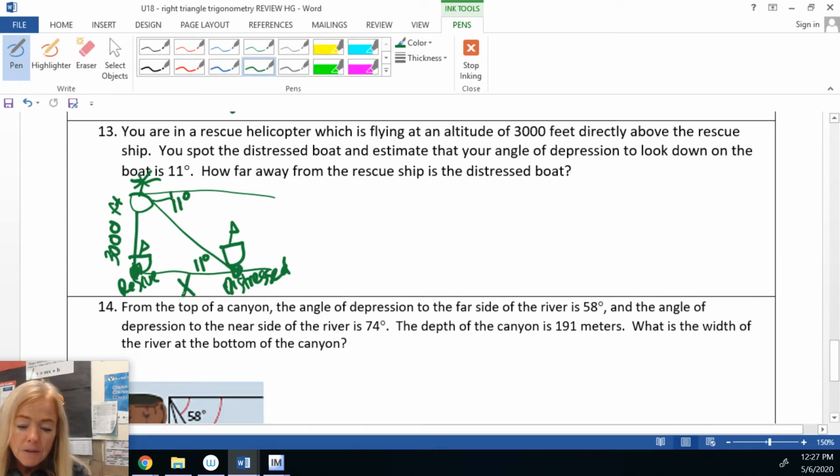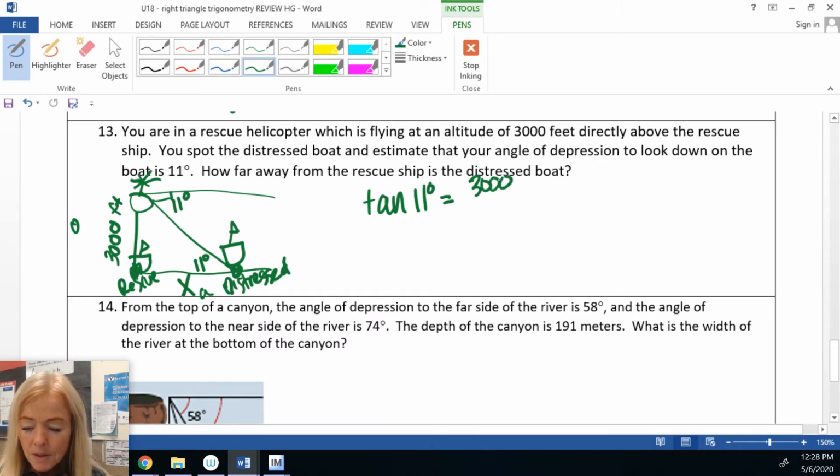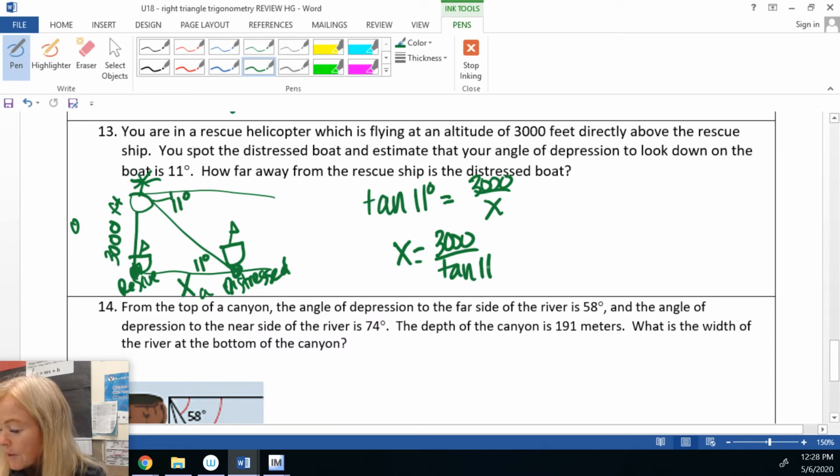We'll call it X. All right, so that's going to be opposite and adjacent. This is opposite, this is adjacent. So opposite and adjacent is tangent. Tangent of the angle always follows the function. Trig function is going to be 3,000 divided by X. It's divided, so we switch. X equals 3,000 divided by tangent 11. 3,000 divided tan 11